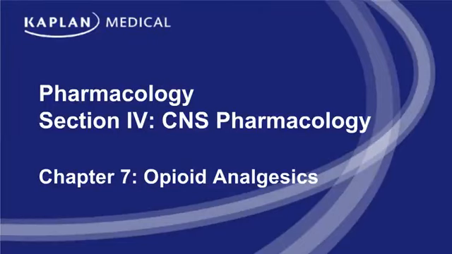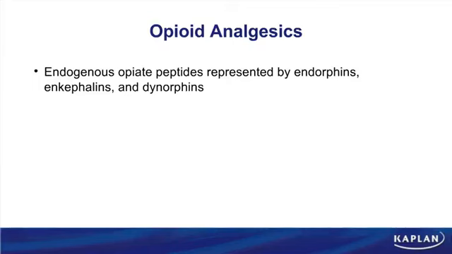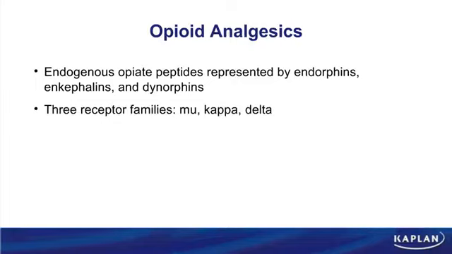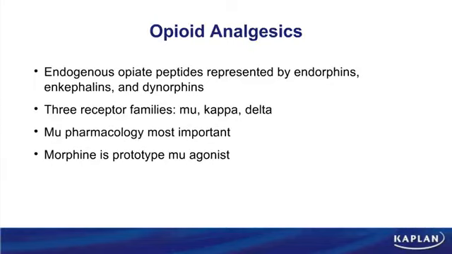Chapter 7 looks at opioid analgesics. Let's first start by covering the mechanism of action of opioids. When you think about these drugs, they're going to work on several different receptors. That could include mu and kappa and delta. Of course, the mu receptor is probably the most important for our purposes because that's where most of our drugs